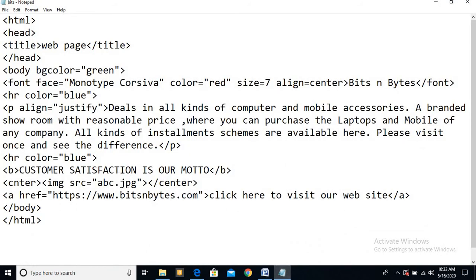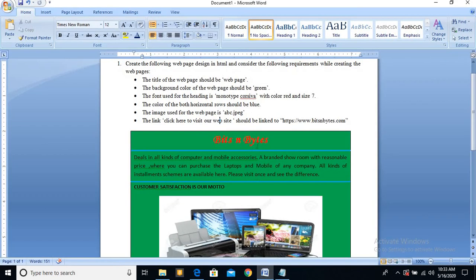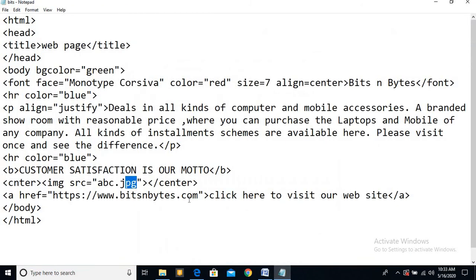I had written jpeg. If it is jpeg in the question paper, you have to write jpg, that's all, but in the computer it is jpeg. So let's change it to jpeg here as well. Now you see, your image is coming to you.